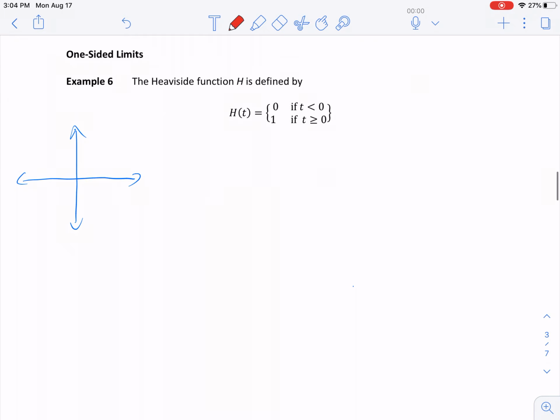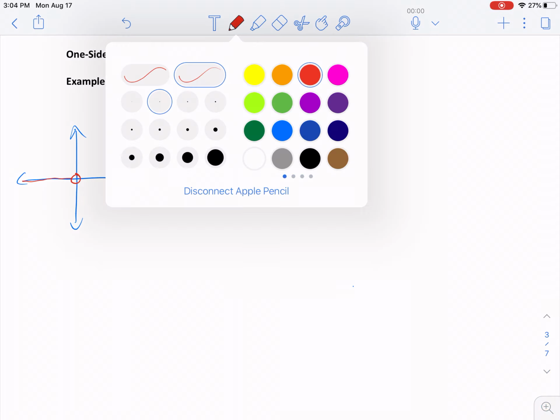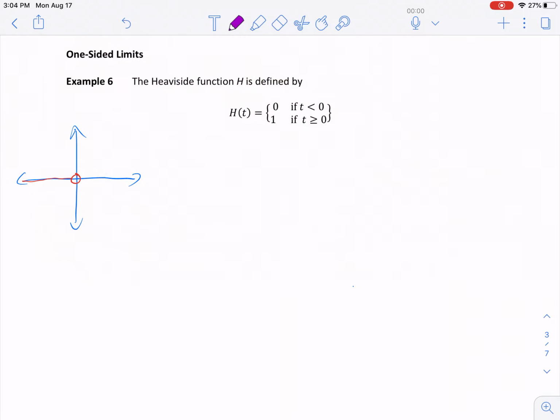So for the top part, it's right here, and for the bottom, it's right here. So you can see that as t approaches 0 from the left, and that's how we write from the left,